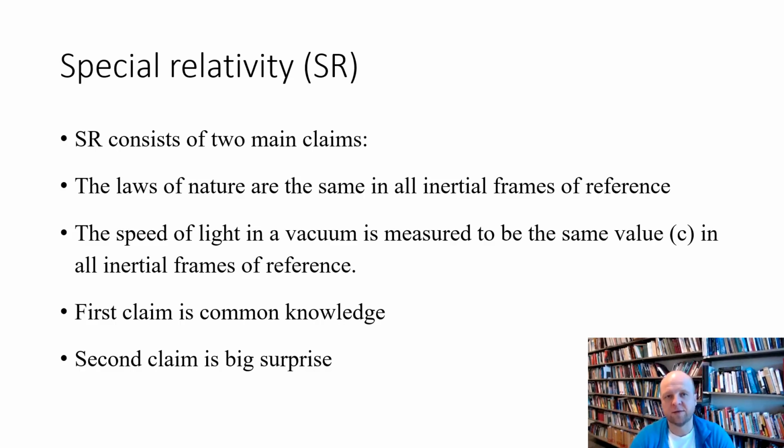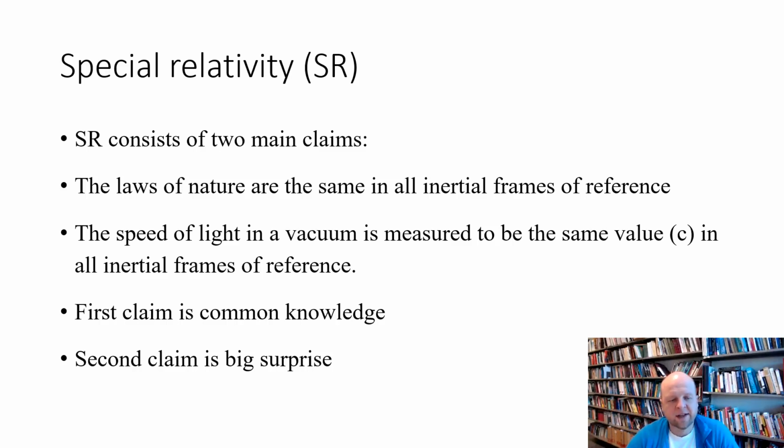We could be moving through space thousands of kilometers per hour. If it's an even motion, then we wouldn't notice the difference between standing still or being in high speed. So that's the principle of Galilean relativity, you could say, the first principle, which has been known for hundreds of years and is common knowledge. But the second claim, there was a physicist called Maxwell who said that this speed of light is the same in all frames of reference, and Einstein then developed this into a full theory that has been confirmed.